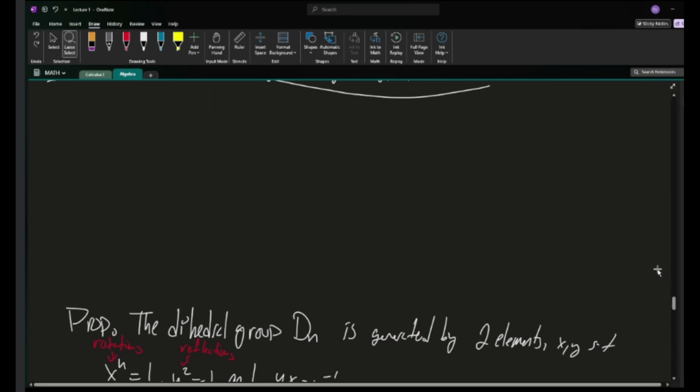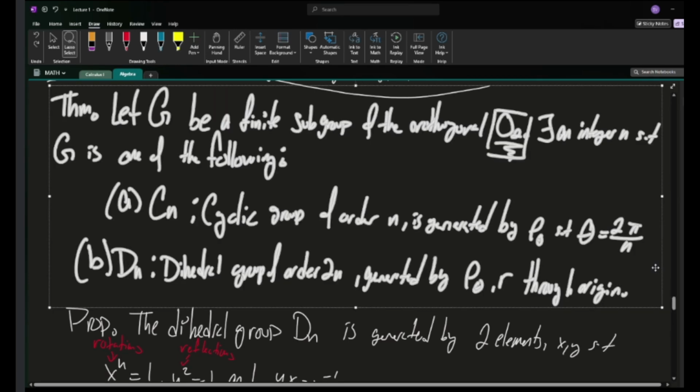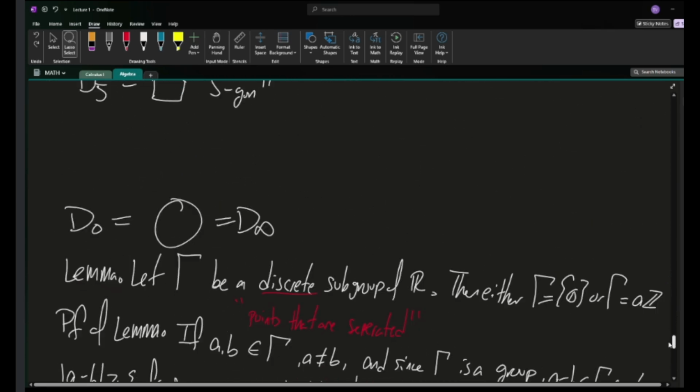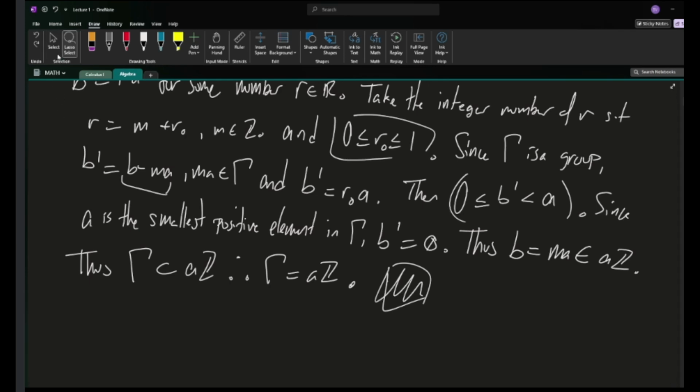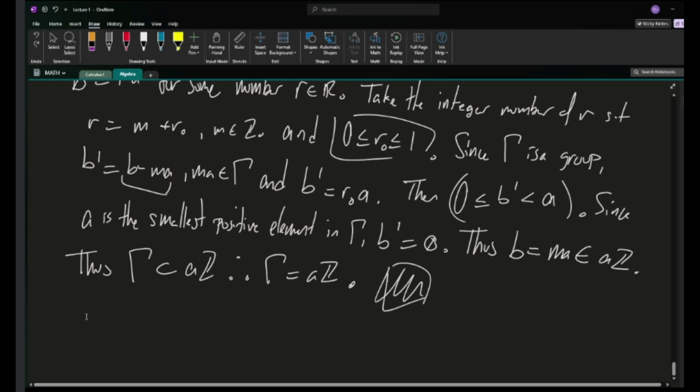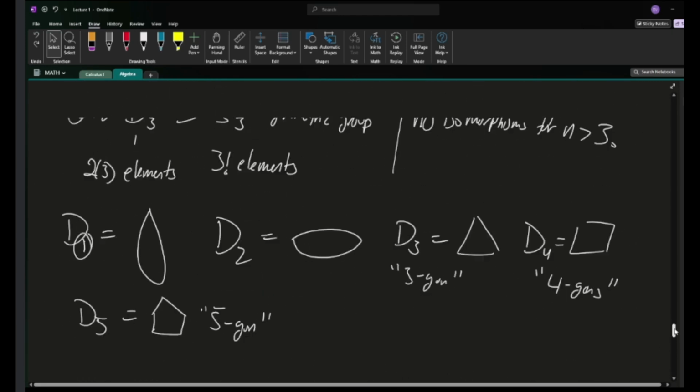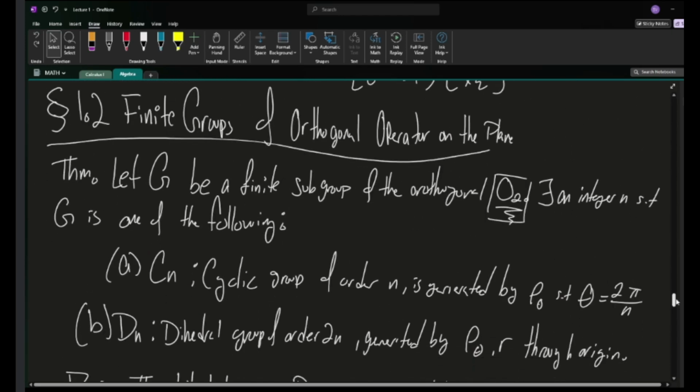I don't know why it's doing that. In either regard, we're trying to prove the theorem back up here that says